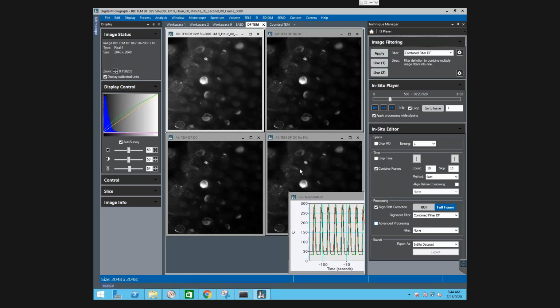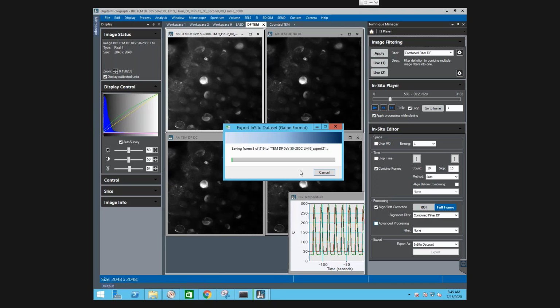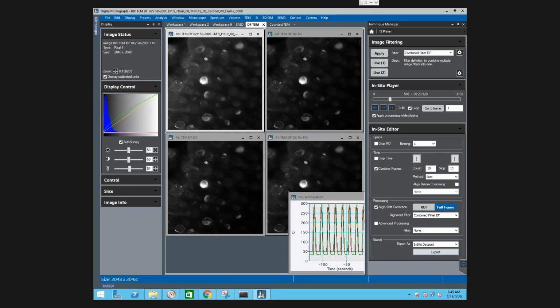Okay, so we'll go with that. And so now it's going to go through and process every frame in the in-situ dataset and produce a new in-situ dataset with this processing applied. You can see here that it says it's going to take 5 minutes. Since we don't have 5 minutes to spare, I'm going to just cancel that. But hopefully you could see that it was actually doing the drift correction live. It was showing its progress during that